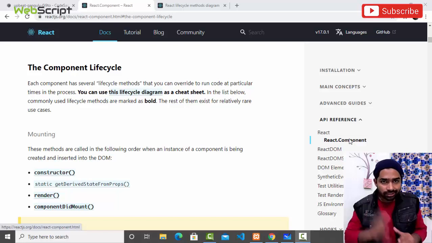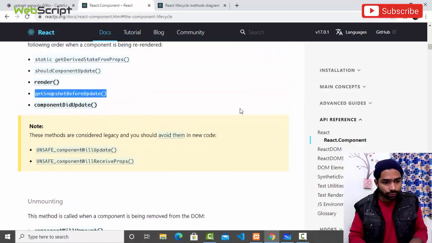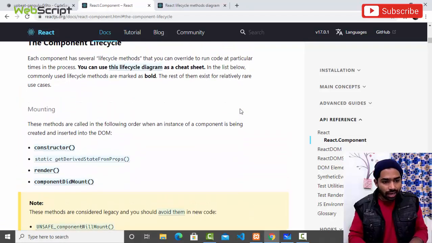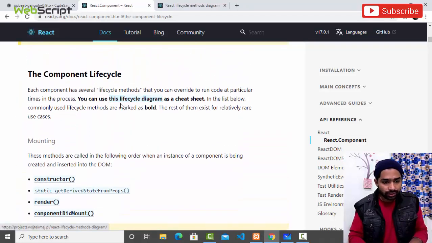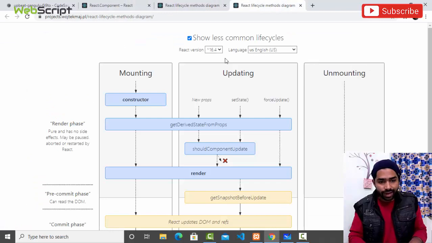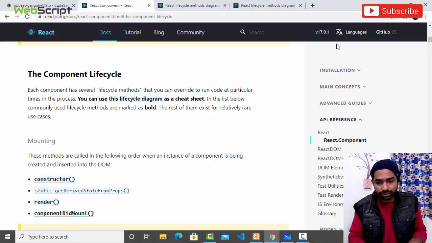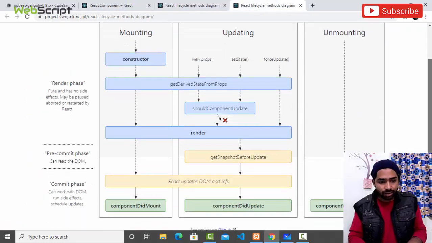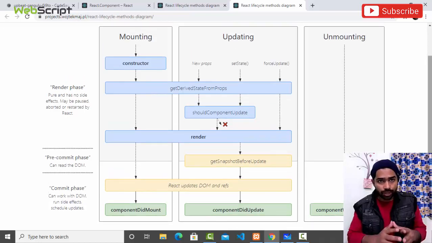Okay, so let's see the official documentation of React. You can understand this with a simple and beautiful diagram. You can see it has a link over here. You can click on it and open the link in a new tab, and you can see the diagram. You can also select the version. Right now this is 16.4, and it is the same for 17.0.1, so you don't need to worry about that. This is the diagram of the three phases of the component lifecycle,